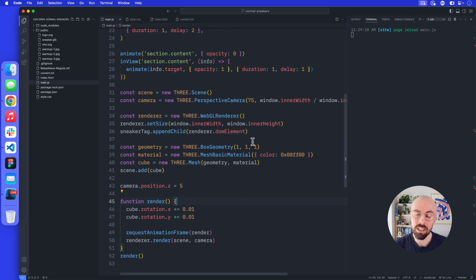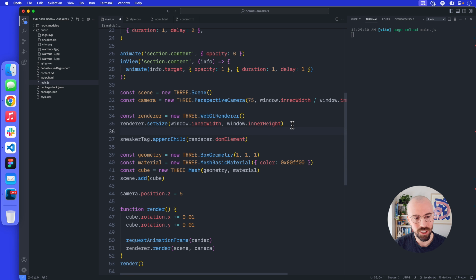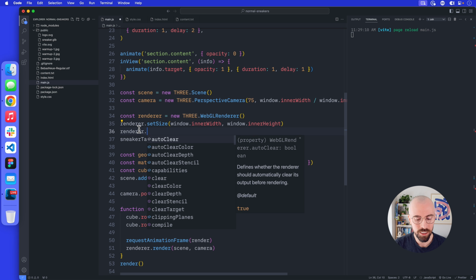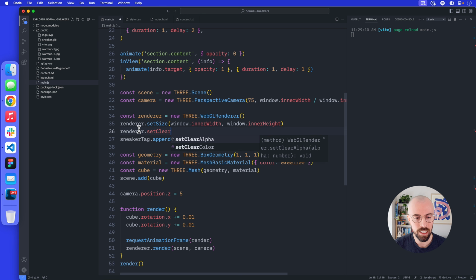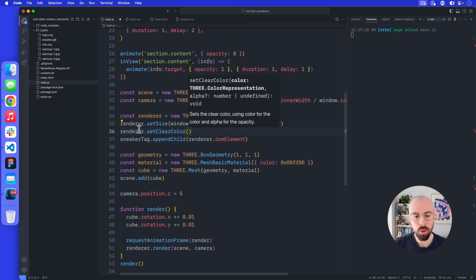We need to add a little bit of code in here. And again, this is all to do with Three.js. We're using the Three.js library to do this, so this isn't going to follow the instructions anymore. We're not just going to do create and scene. We're going to go our own way. So the first thing we're going to do after we've got this render size, we'll do the renderer, and what we want to add is setClearColor. What do we want the background to be on every frame? Well, we want this to be kind of a see-through black. So we're going to use 0x